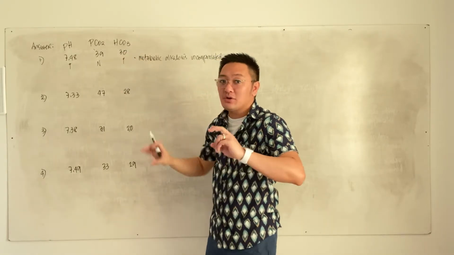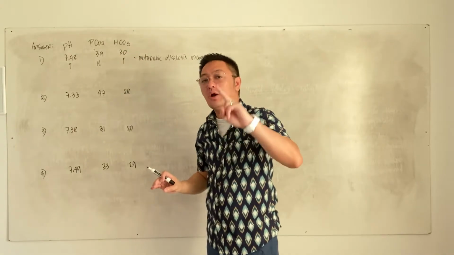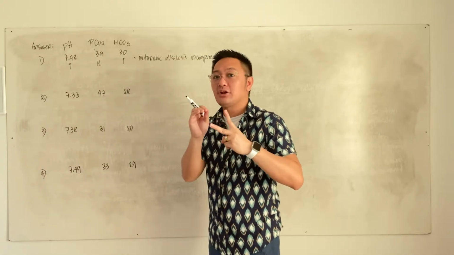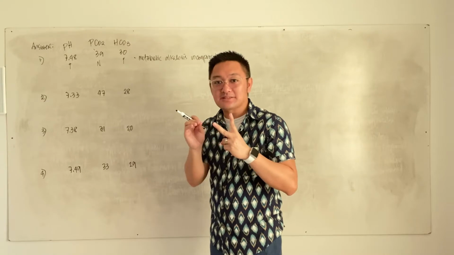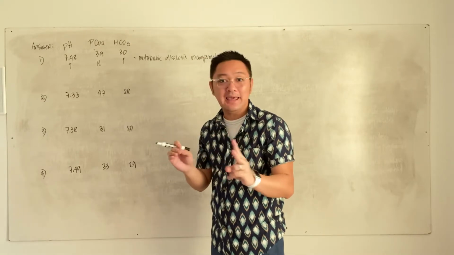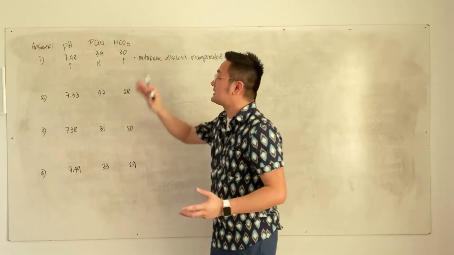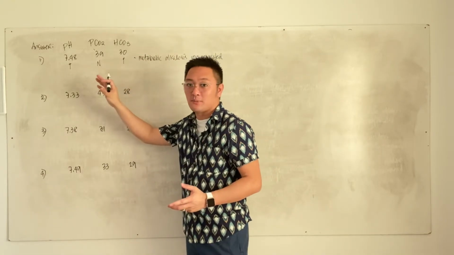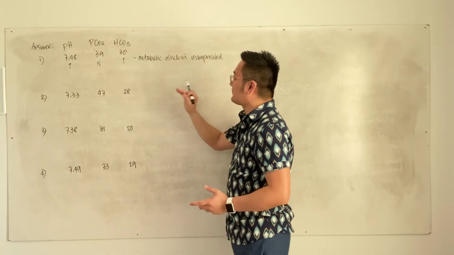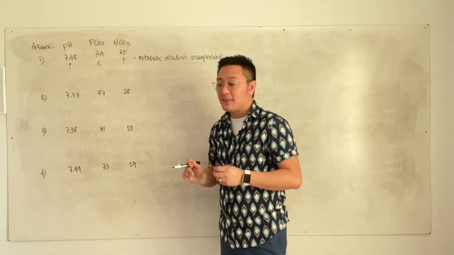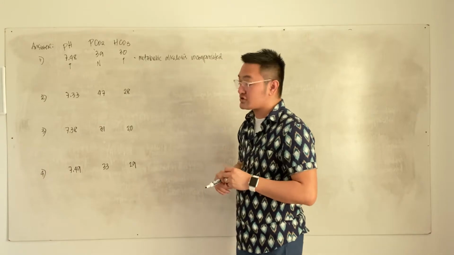Remember, in your video clip number 1, I said there are two systems that will regulate the pH. You have your respiratory and your urinary. If one system is not doing well, the other system will kick in and it will compensate. In this condition, it did not compensate because the PCO2 is still normal. Okay? So this is your metabolic alkalosis uncompensated. I hope you got it correctly. Let's proceed to your situation number 2.